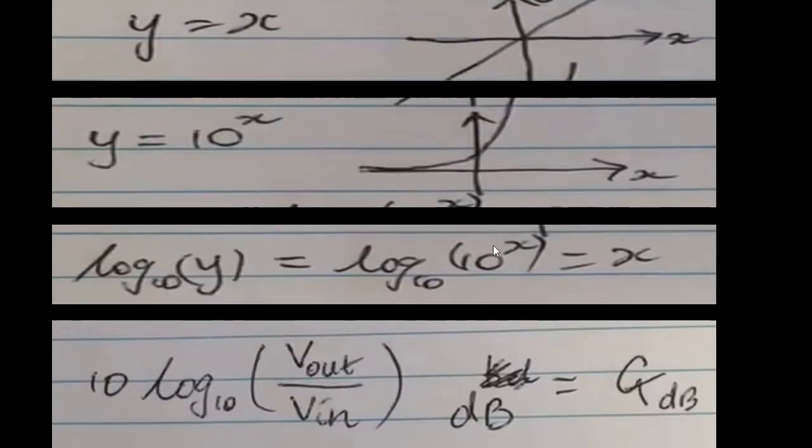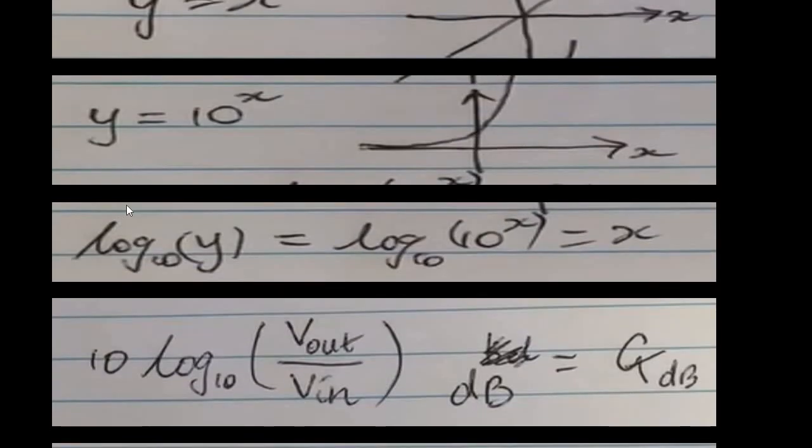So what happens if we take the log on both sides, log to the base 10, or you could say the natural log? What happens if you take the log of this function? According to the log property, this x will come down, and log base 10 of 10 gives you 1, so you will get x. So you can plot this in terms of log, right? So you can say that this axis is x, and the vertical line represents the log